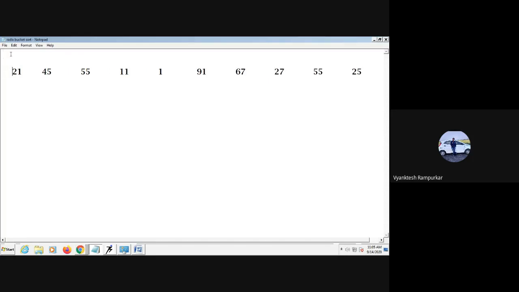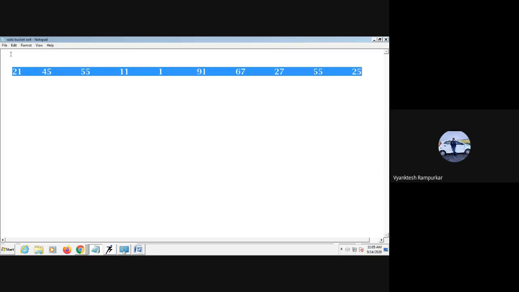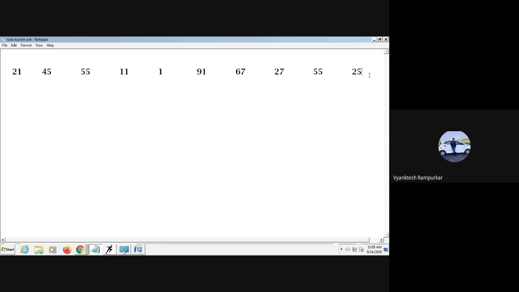You have to sort these numbers. What are the numbers? 21, 45, 55, 11, 1, 91, 67, 27, 55, 25, and one more element I write, suppose 412. So these are the numbers you have to sort.